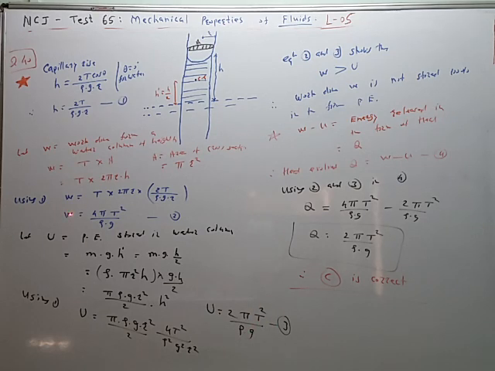So W, the work done, is equal to 4 pi something, U is equal to 2 pi something. So they are not equal. So total work is W, but out of that only some fraction is stored in the form of potential energy. So the remaining part of the work done is going out in the form of heat energy, and therefore heat evolved Q is equal to W minus U. ही स्टेप्स महत्त्वाची म्हणून आपण प्रॉब्लेमला स्टार केलेला आहे. ह्या स्टेप जरा माहिती पाहिजे आपल्याला.